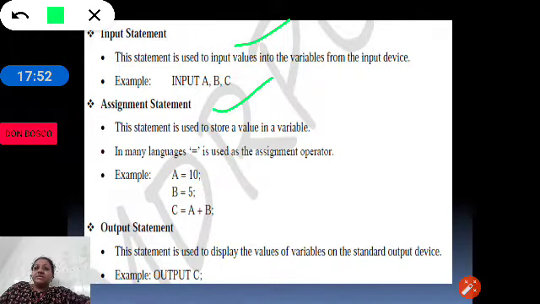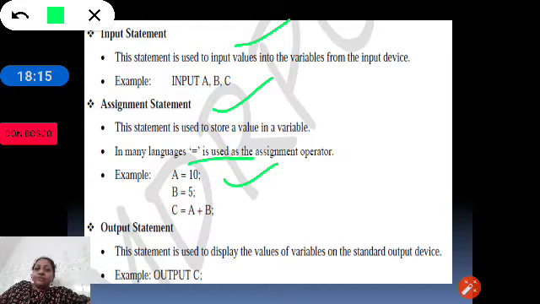Then we have assignment statements. Assignment statements assign the values or the data. Once we read the data, it has to be saved or stored, and to store the data we use an assignment statement. To assign any value, we use equals.